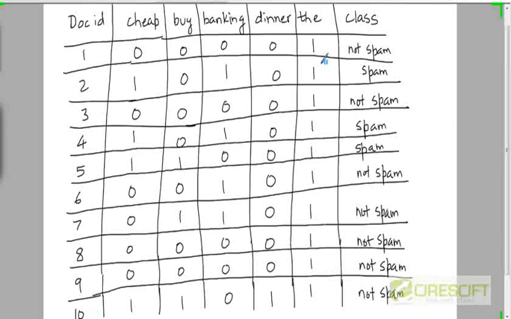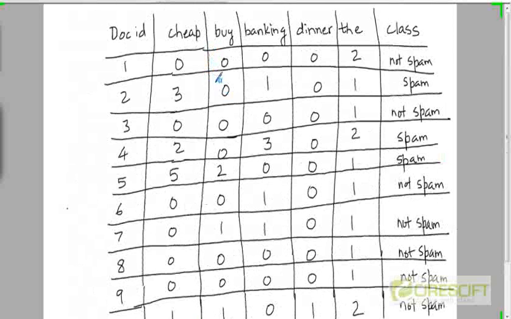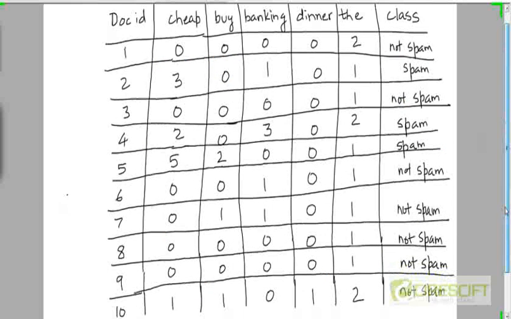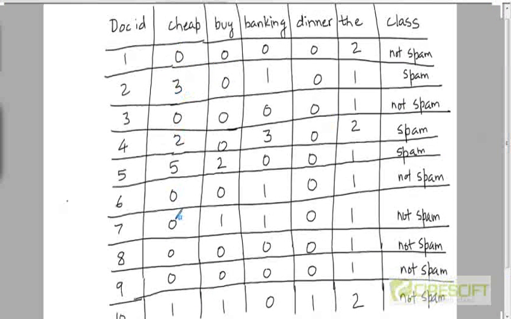We wanted to build a classifier on these test documents, which could be spam or not spam, based on this training data, which had 10 documents. Now, these entries were either a 0 or a 1. So here's a new version of the table where we are not just going to keep track of the presence of the word cheap in document 2. We'll also keep track of how many times the word cheap occurred. So this is now the transition from the term document incidence matrix to the count matrix that we saw in chapter 6. Okay, so these are the term frequencies now.